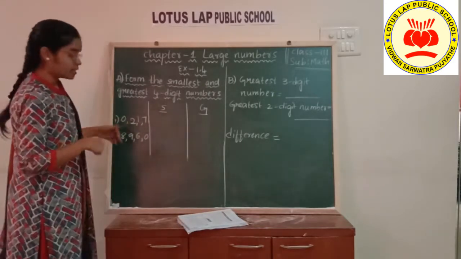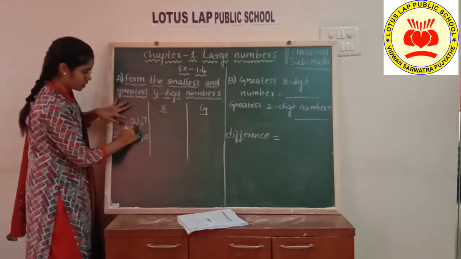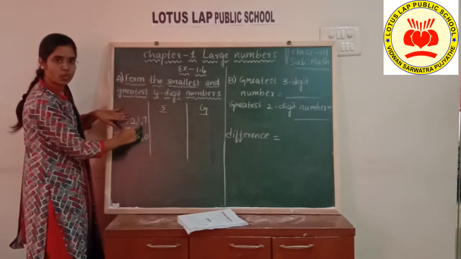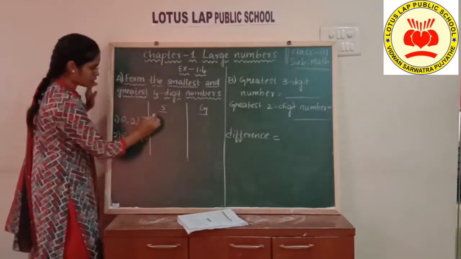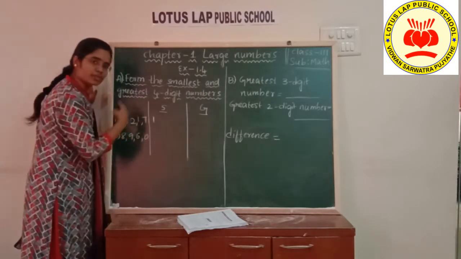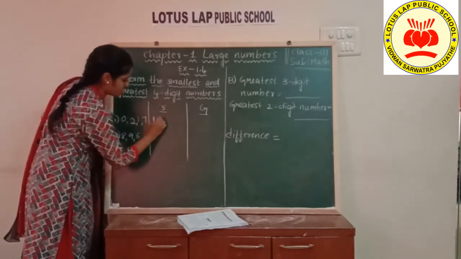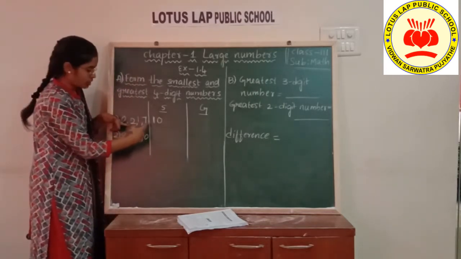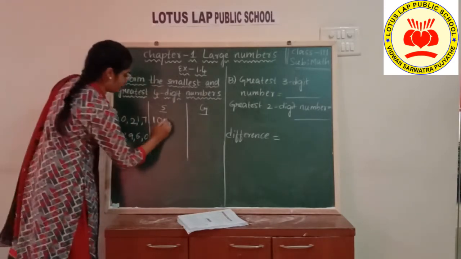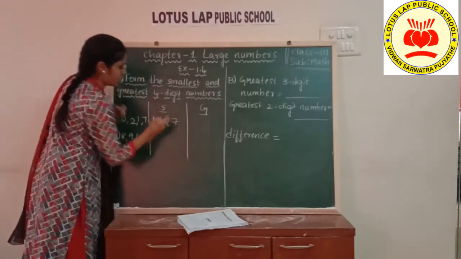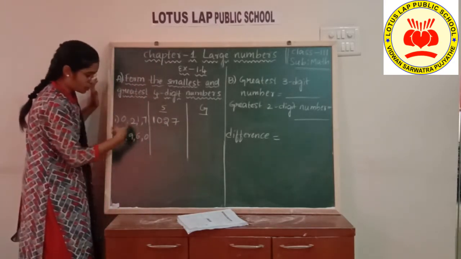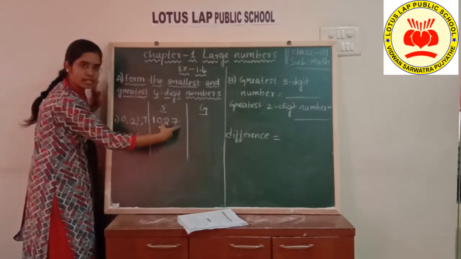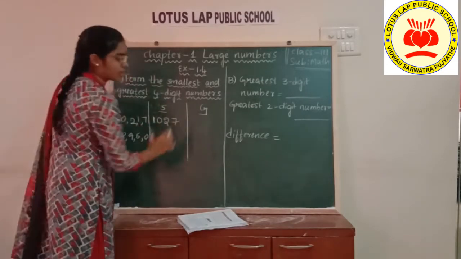Now we have to see the next step. What is the smallest number among remaining 3? Among the remaining 3, what is the smallest number? 2, 1 and 7? Yes, 1. Instead of 0, we need to take 1 first. Next, immediately we should take 0 only. Now, 1 after 0. 1 and 0 have completed. Now, next 2 and 7 are here. What is the smallest one? Yes, 2. We need to take 2. And finally, 7. The smallest number using these 4 digits is 1027. Okay. Now we need the greatest number.